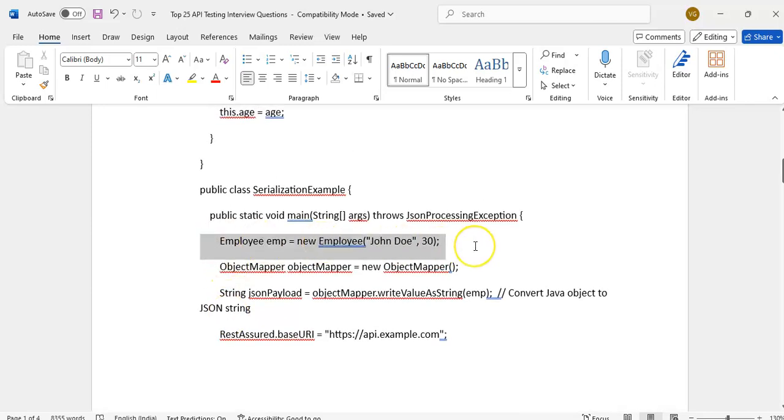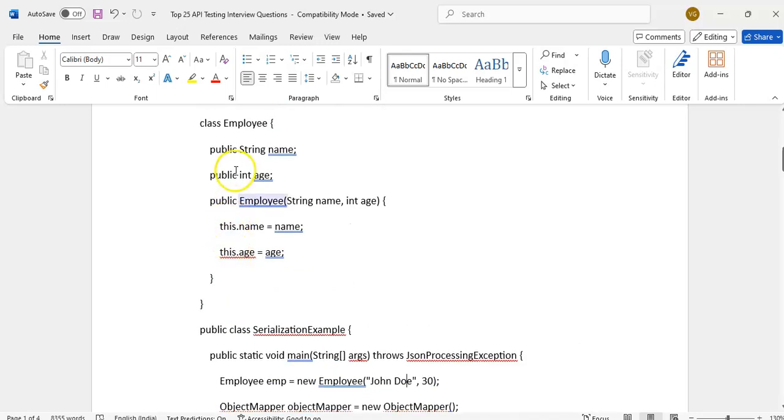We can create an employee object, with a string name and an int ID, using ObjectMapper. There is an ObjectMapper class; objectMapper.writeValueAsString converts the Java object to a string payload. It is easy to prepare a body this way if you have POJO classes.